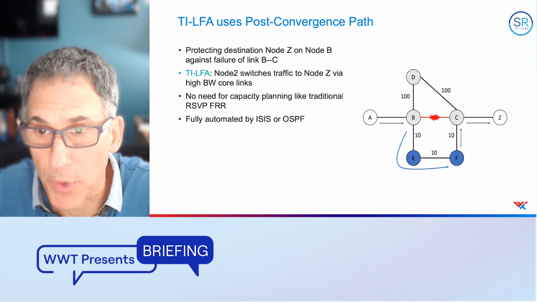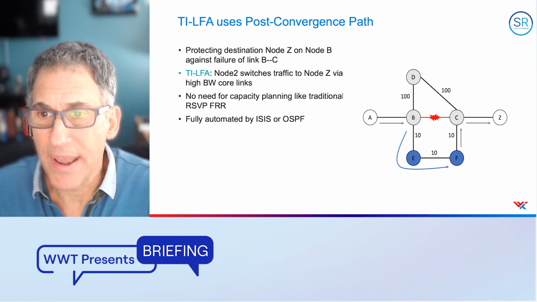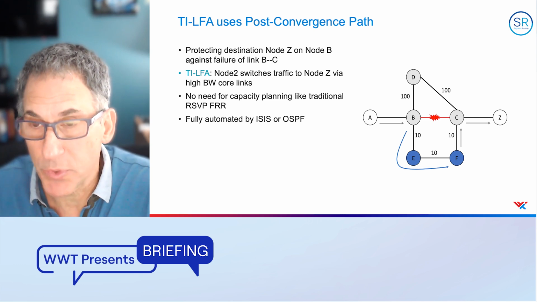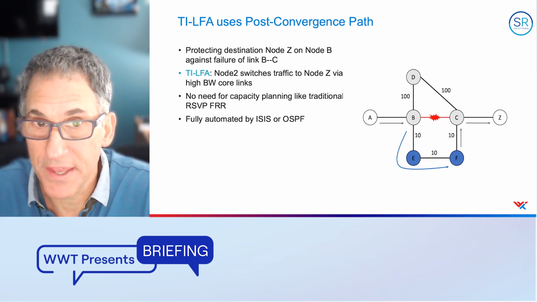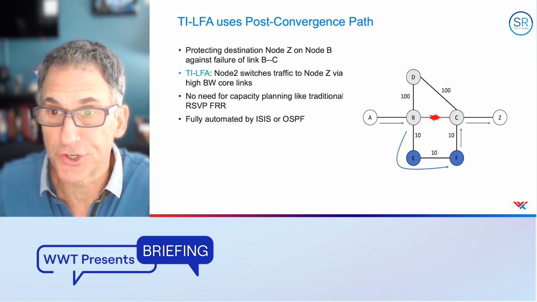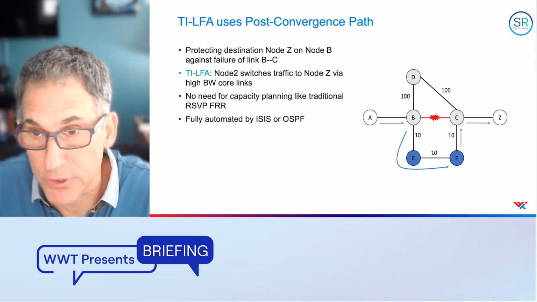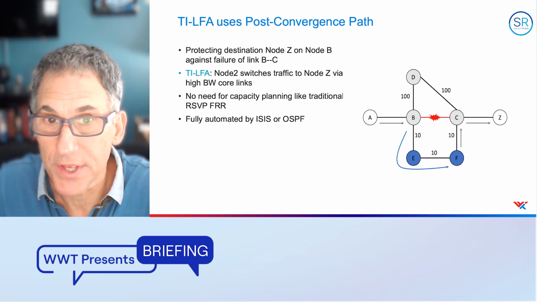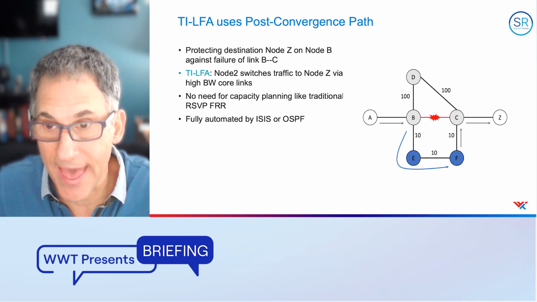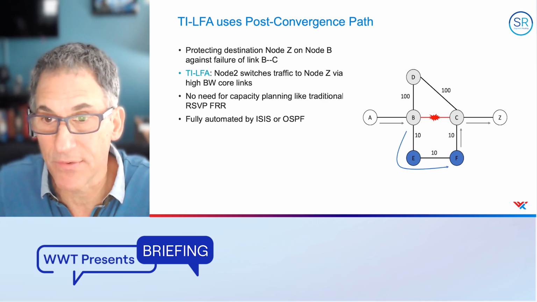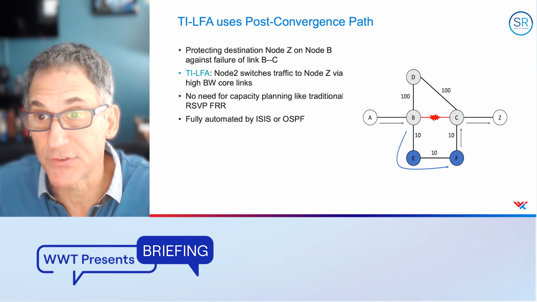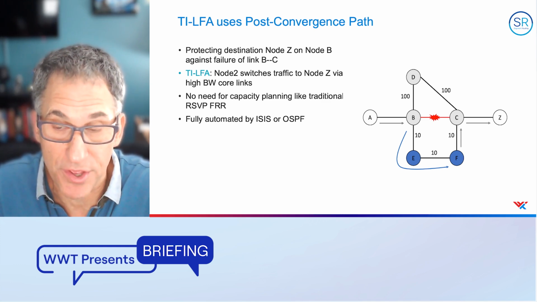So ultimately, when this network converges, and everybody knows that the link between B and C is down, everybody's using the link between E and F now to get between A and Z. That's the link we're using in a fast reroute condition, which means it doesn't change when we go to a converged state. The only thing that changes is the label stack. And the way we do this is we use those adjacency labels and those segment routing labels to force the packet to F. And then once the packet gets to F, it'll naturally just be forwarded the same way B would forward it to Z, because F's shortest path to Z is through C. So that's how we do it.